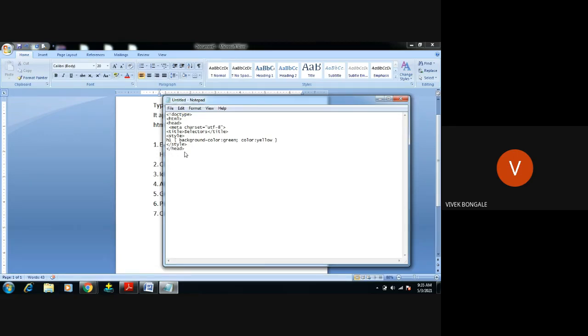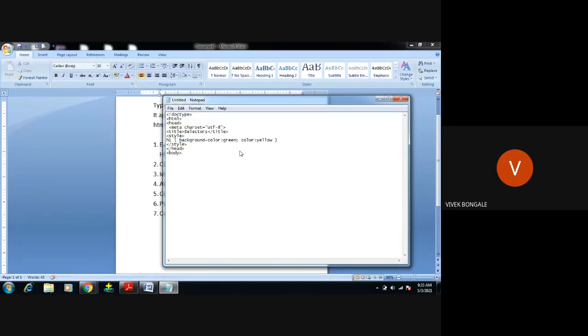Next, I want to do the body. I have given the style rule for the H1 selector, so to apply this style rule on an HTML statement, that statement we give in the body part.